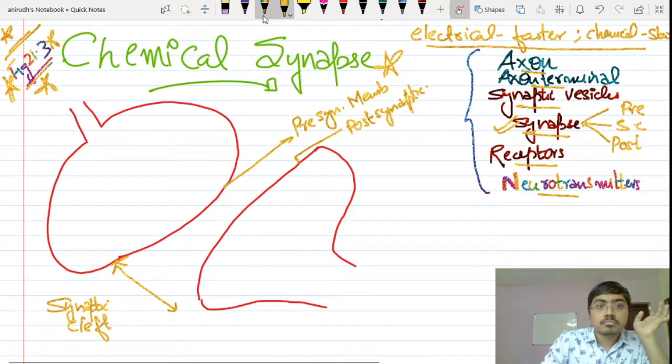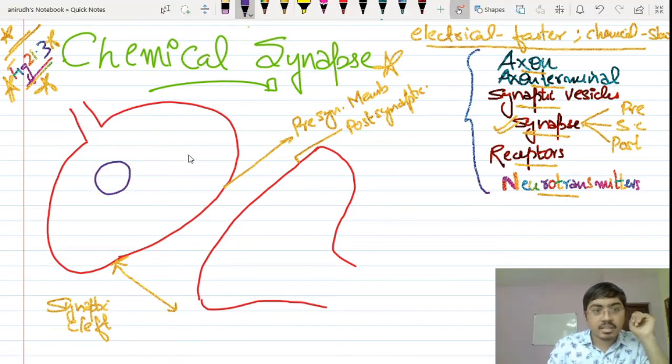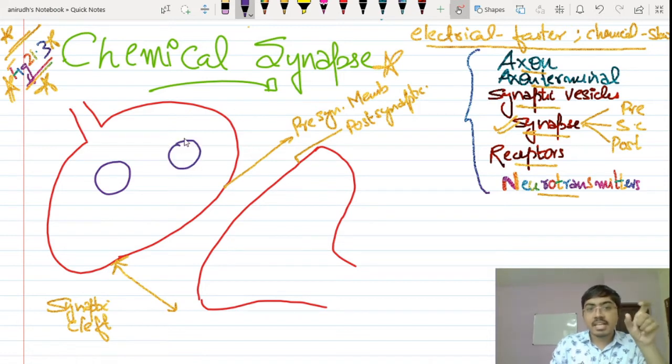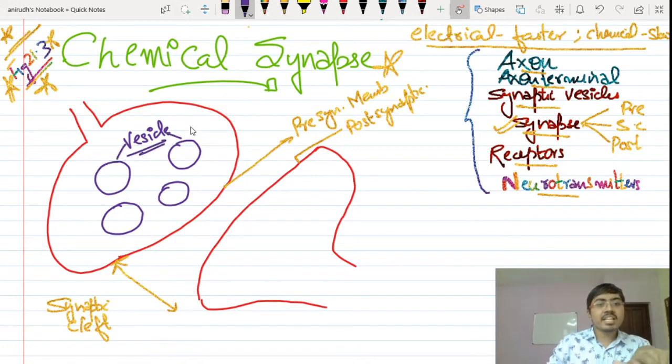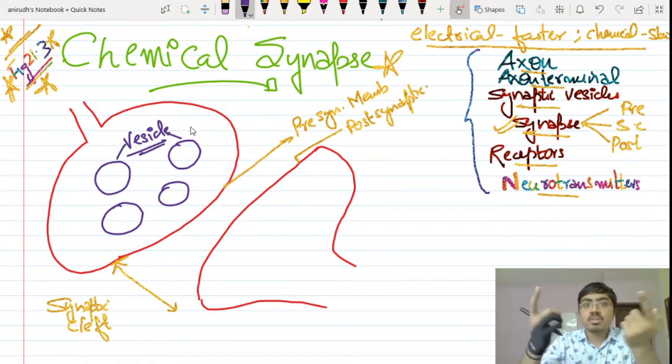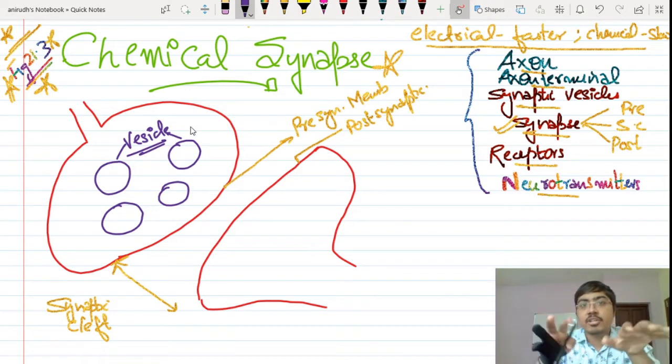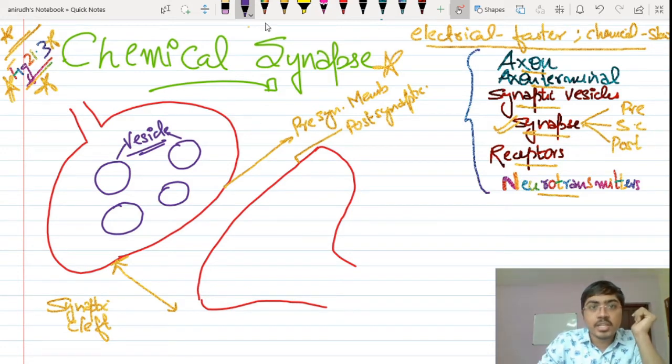Point is, you have your neurotransmitters which are produced over here. Now, when you produce neurotransmitters in the presynaptic region, they are stored in the form of vesicles. What are vesicles? Defining vesicles is very easy. They are membrane-bound structures. It has a membrane like your plasma membrane, and these small spherical structures made up of a membrane have some kind of granules inside, and these are your neurotransmitters.